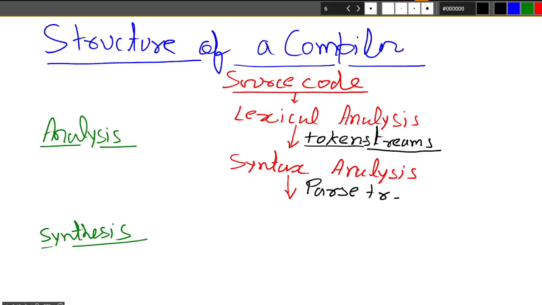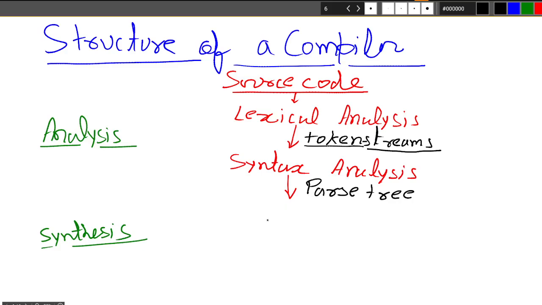Later, when we go into detail on syntax analysis, we will see how these parse trees are created, and that may be the main portion of your compiler design subject. So you will create these parse trees, and this parse tree will be passed